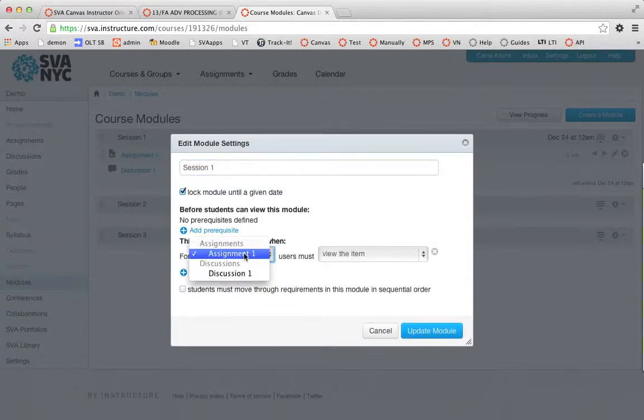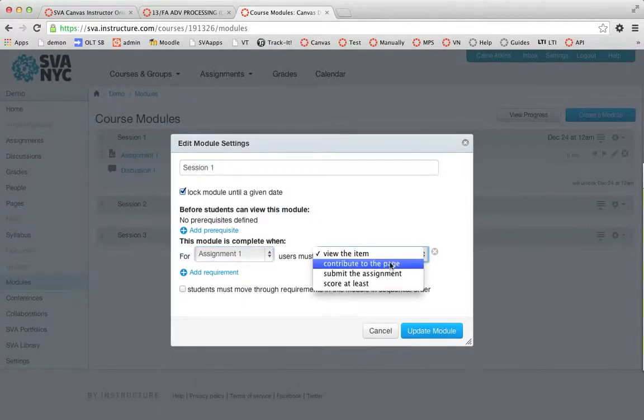So you can choose, we only have assignment 1 and discussion 1 right now, but if I wanted to set a requirement for assignment 1, you can do when the user views this item, contributes to the page, submits the assignment, or you can even designate a specific score to make this module complete. And then of course you can